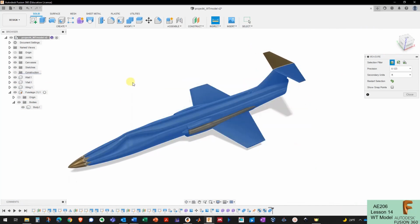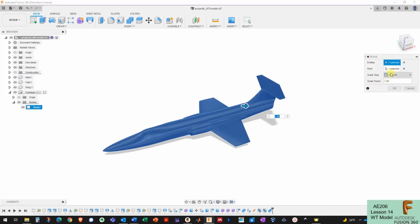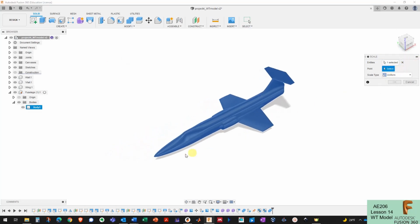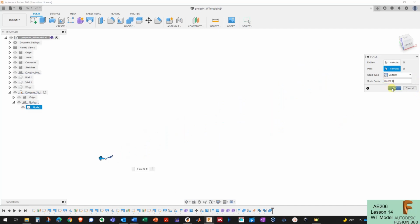So I'm going to select the body here, and I'm going to go modify scale, and the point I want to scale about is the nose point, so I can find this thing after I scale it. So I'm going to select the nose there. And my scale factor is going to be 8 inches divided by 22 feet. If I press OK,